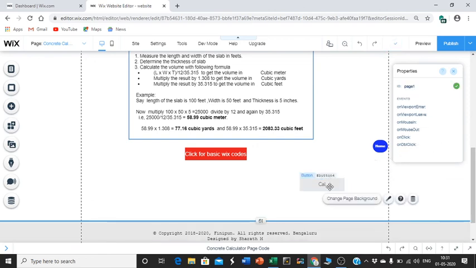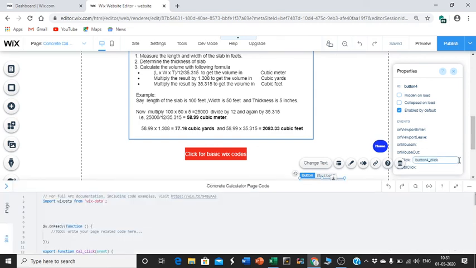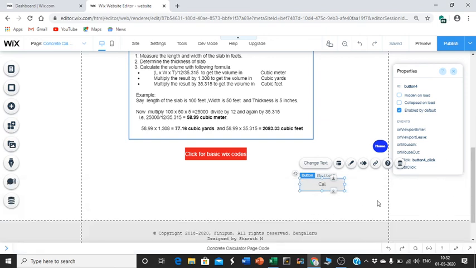Then come here, see the click event is here. Select click, and a small plus icon is visible. Click on this and press enter. Once you press enter, it will appear in your code box. See, export function. Once that is done, under this you start writing the code. This is how you cut and paste the code. Got it? So I'll delete this. This is the overall structure of the calculator.